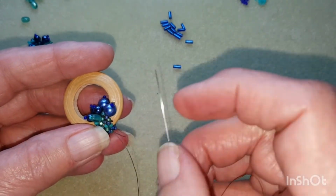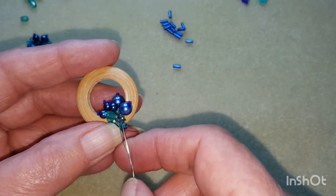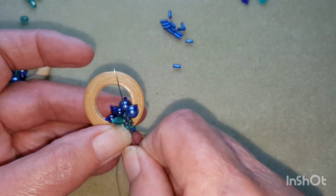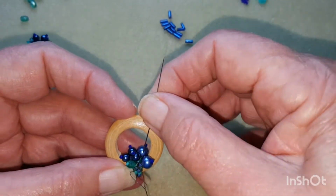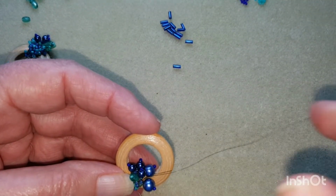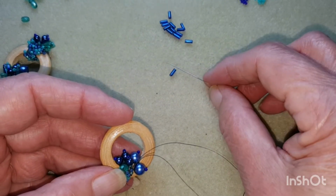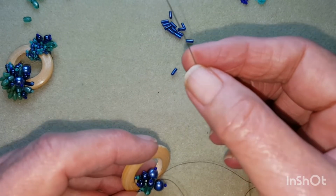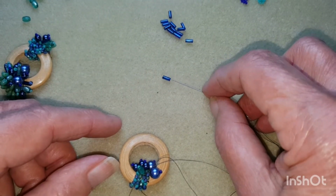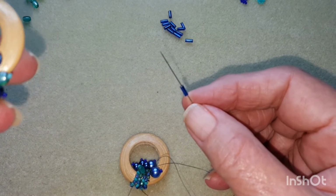so now I'm going to come back up through this bead here, which is the one that the pearl's attached to. And as I said, you can place these wherever you want to place them, totally up to you. I'm going to grab one of my, keep it on the needle, one of my bugle beads,